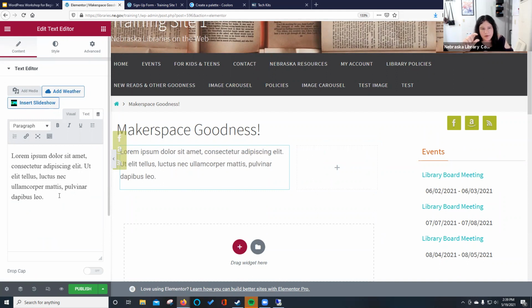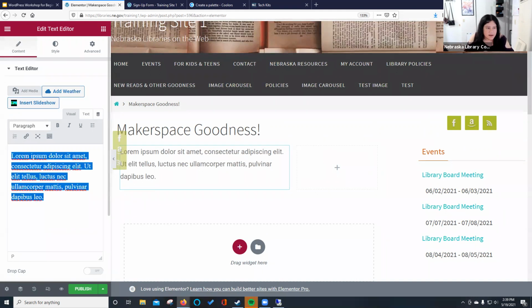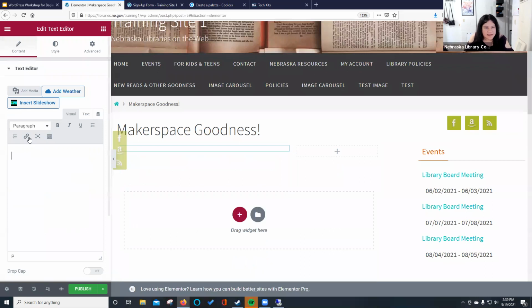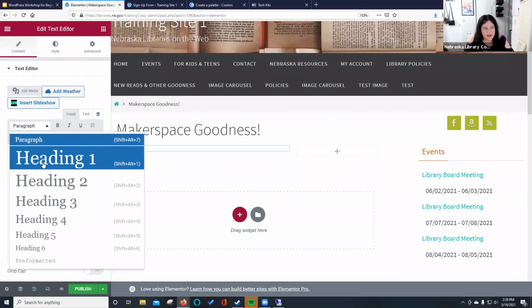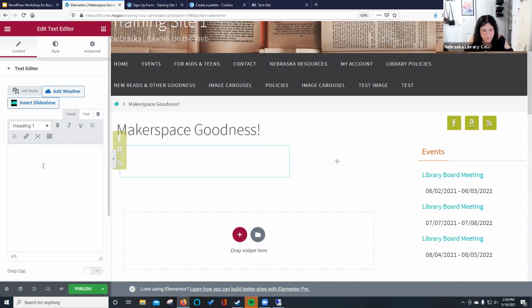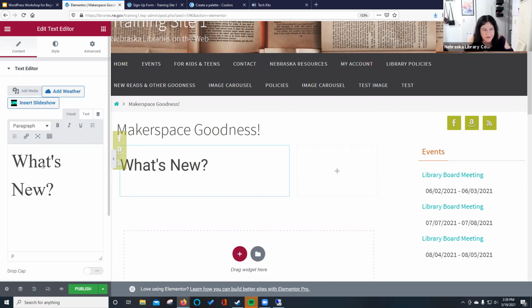With this text editor, it doesn't do that. So we'll just delete this text here. I'll add in a heading. And if you have something new that's coming into your makerspace, you can say,